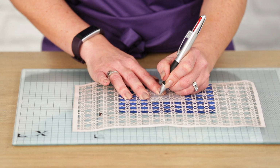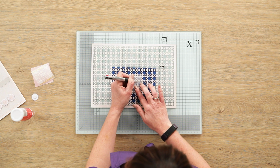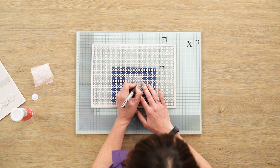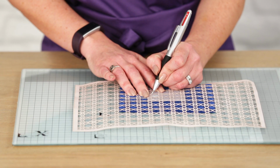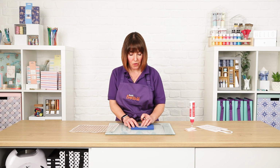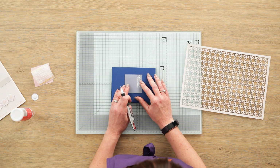It's actually quite relaxing. So I'll just do one more there just to show you. Just be careful you don't press too hard, because you might go through, but just be quite gentle, and you can always build it up. You could go across a couple of times just to build up that whiteness. I'll just do that bit there. And if we take that away, you can just see where we've copied the design. So if you just carry on going all across your vellum,